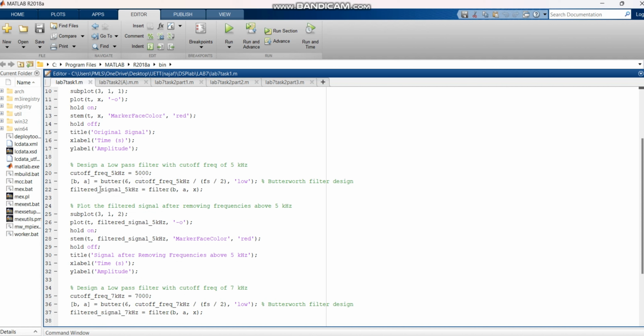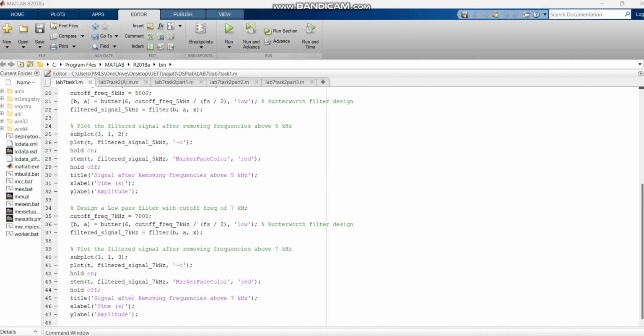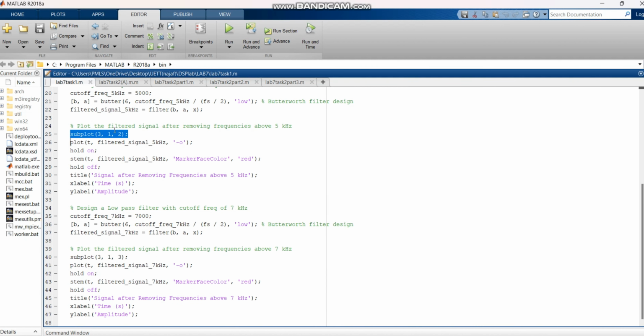Filter design for the 5 kHz cutoff. A low-pass Butterworth filter is designed with a cutoff frequency of 5 kHz, and the filter coefficients b and a are obtained using the butter function. The filter order is set to 6, and the frequencies above 5 kHz are removed from the signal x using the filter function. For plotting the filtered signal after removing the frequencies above 5 kHz,